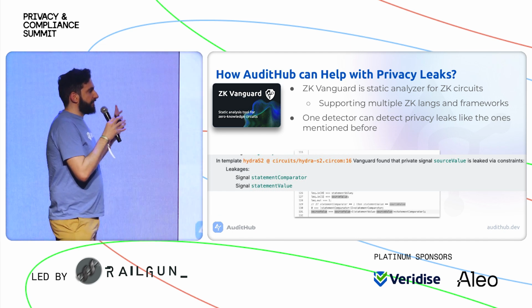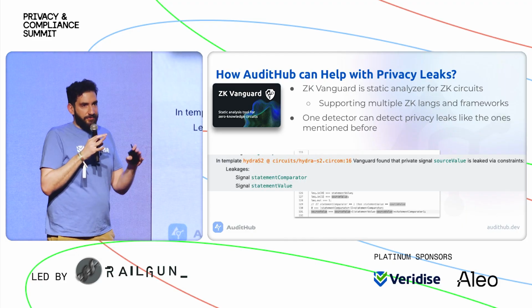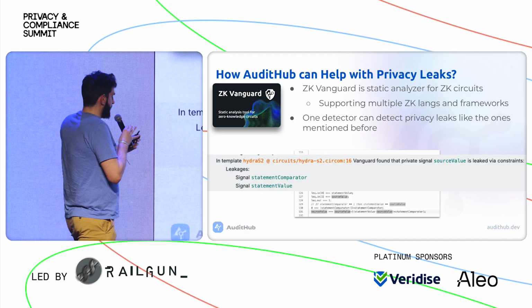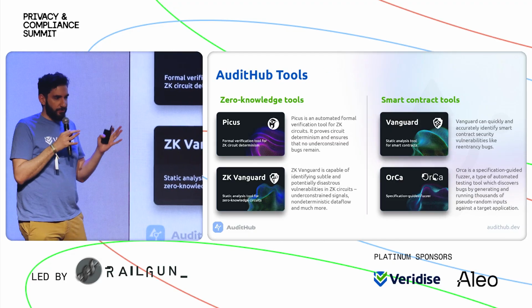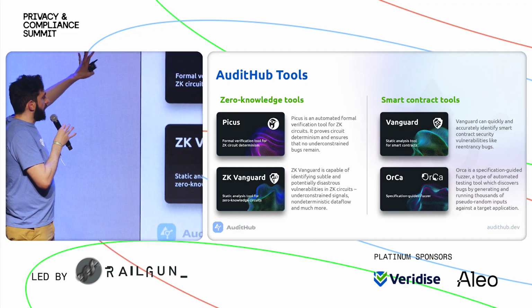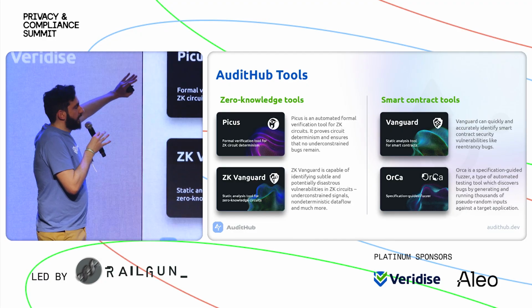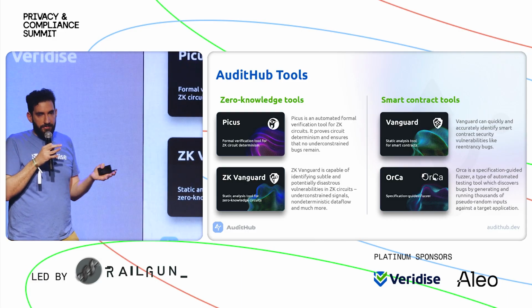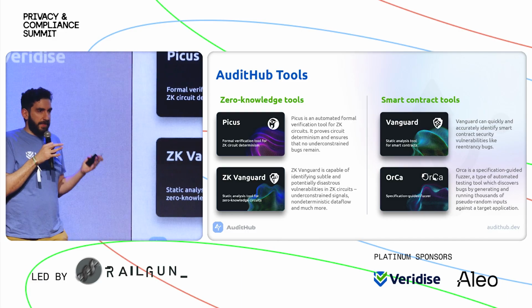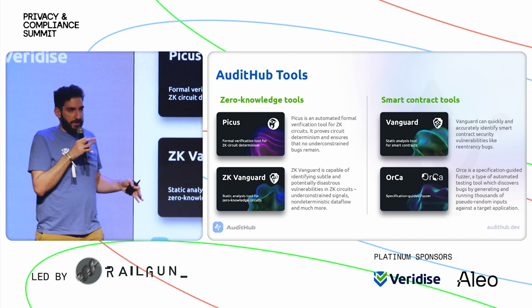So that's a very high-level overview of how you can use our platform AuditHub to find privacy leaks, but our platform can do even more. We have two zero-knowledge specific tools: ZK Vanguard, the one that I mentioned, and Picus, a verifier that helps you find under-constrained circuits. By default it checks for non-deterministic circuits,